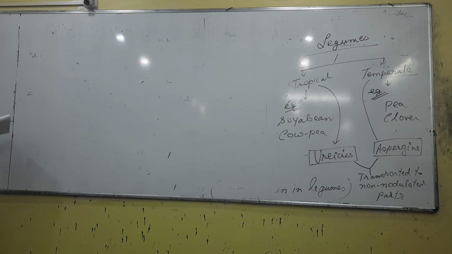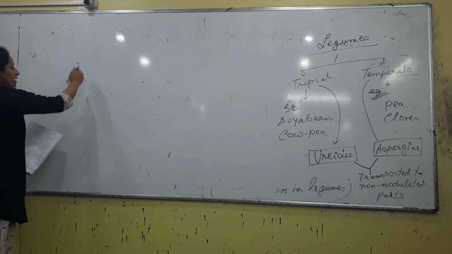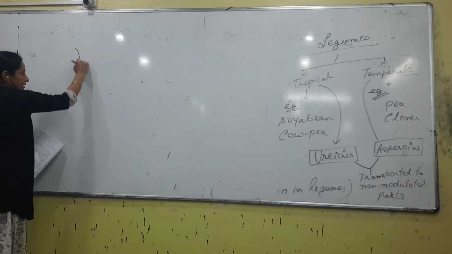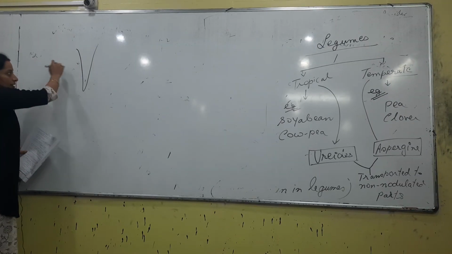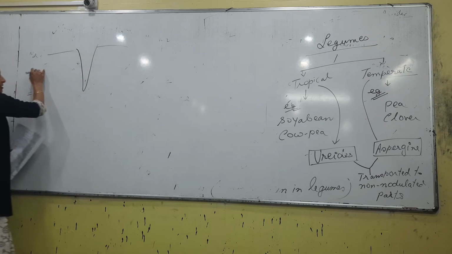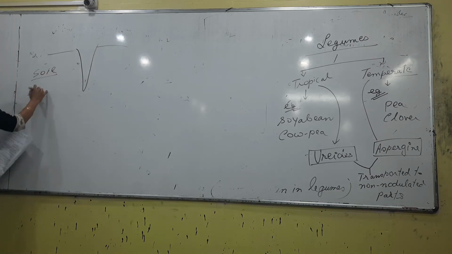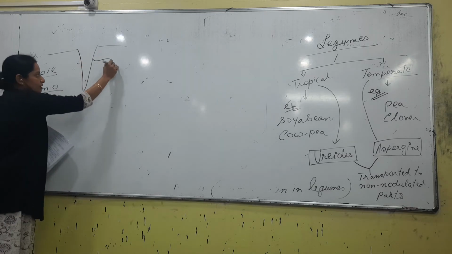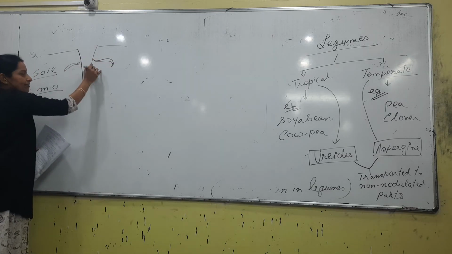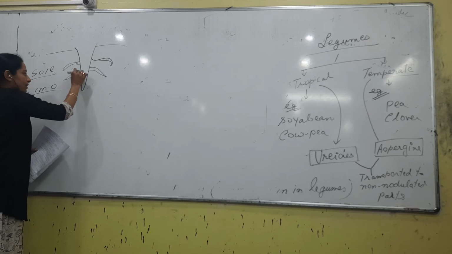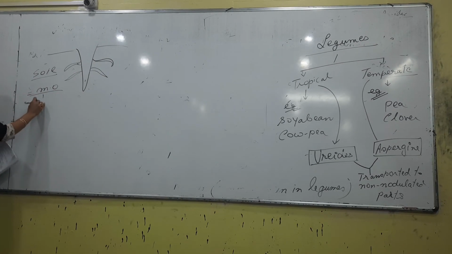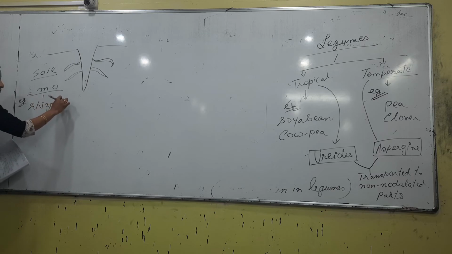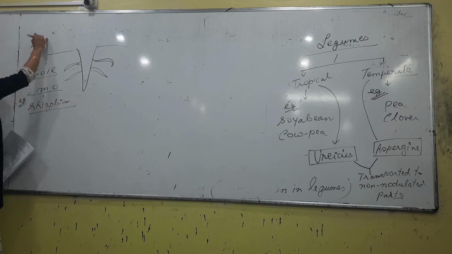What does that topic talk about? If you are talking about leguminous plants, suppose obviously there will be microorganisms in the soil. If this is a root, they will have the root hairs, right? And we know, for example, Rhizobium. Why Rhizobium? Because we are talking about